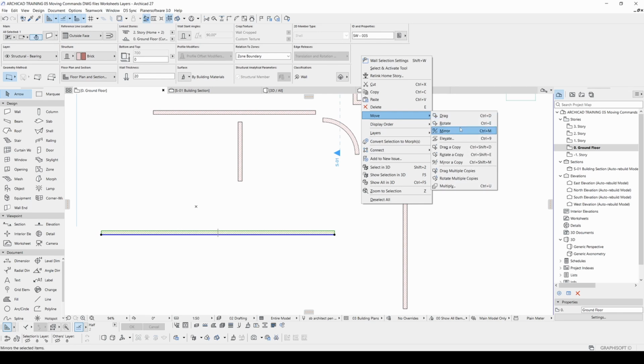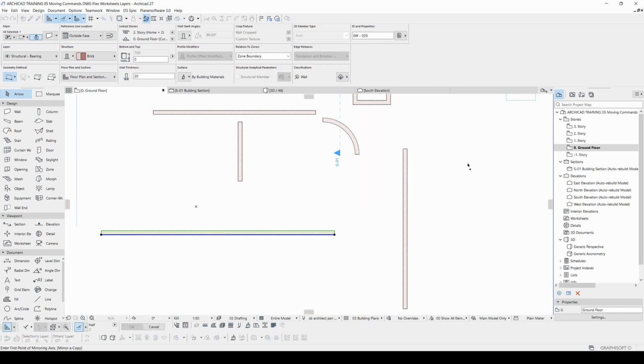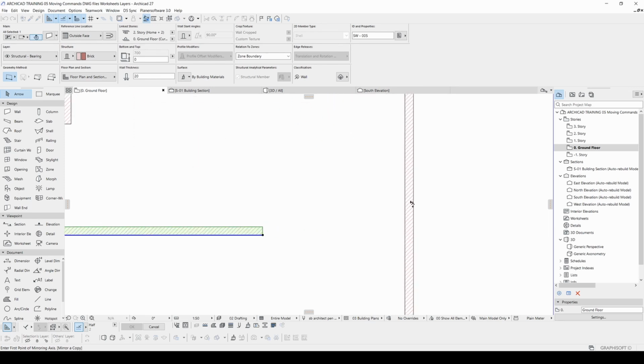move, and I'm going to click mirror a copy. Then I'm going to select the center of this wall. You will see a symbol, a different symbol, going to be a bold star. But if you hover over this edge, star, but it's not bold. But the center is bold, which points your reference line. After clicking here,